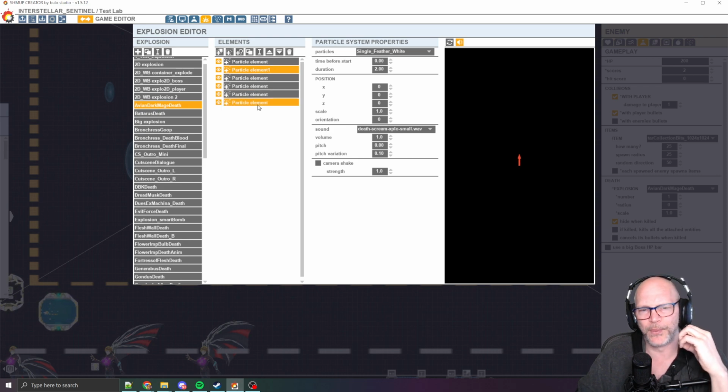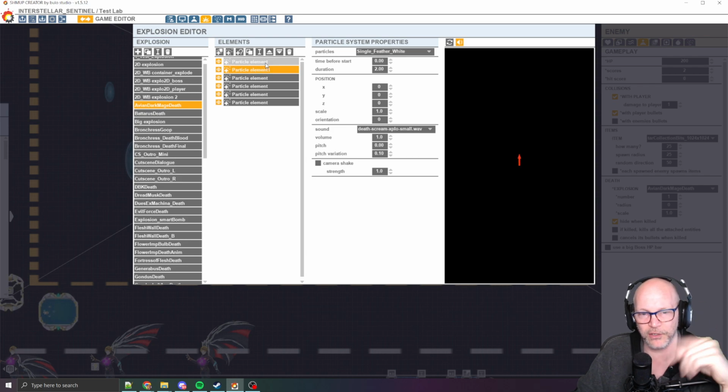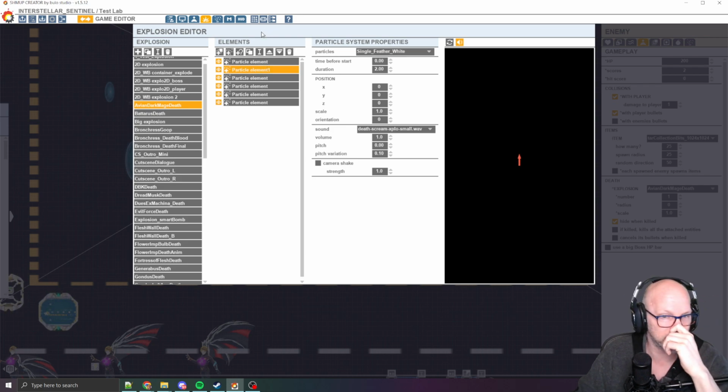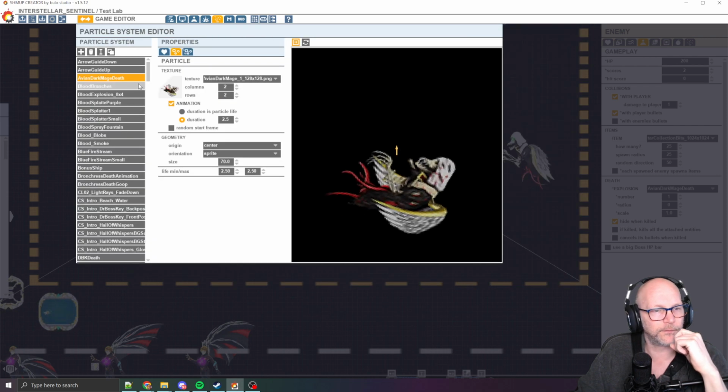And I believe the top is the back and the bottom is the front. I'd have to take a look at it again, but just play with it. This is basically, you know from the layer system, that you can layer your effects differently. So, okay. And so what I have here is basically a particle element, which is single feathers white. And if I go over to particle elements,